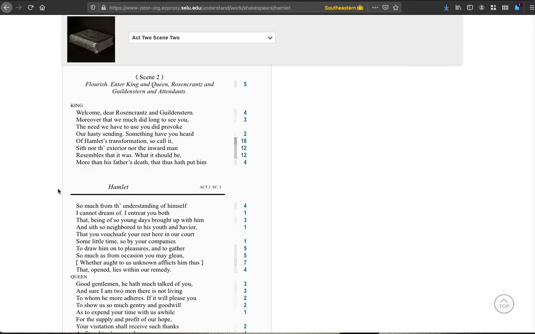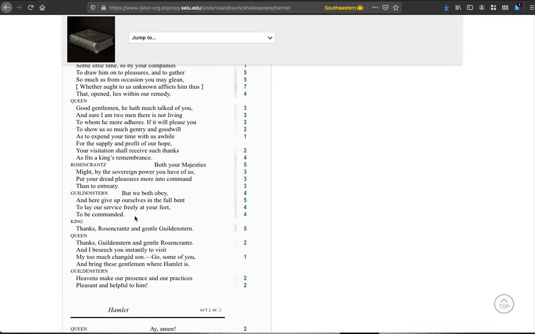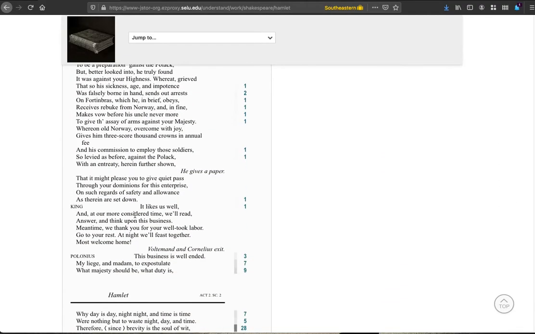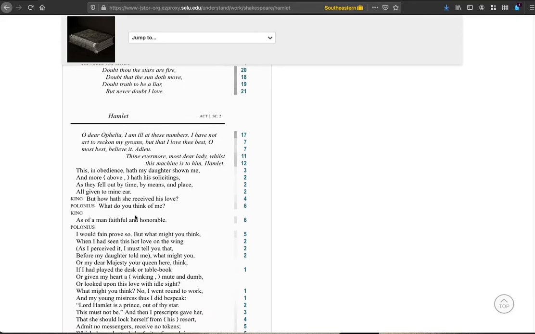And I will note that there are periodically going to be these bars across the middle. This is actually the header on the page in the Folger Shakespeare Library edition that is being placed here in facsimile. And these will tell you, if you're scrolling down very quickly, which act and which scene you're in, but don't be confused if you see the word Hamlet randomly in the middle of your page. So I'm going to scroll down because Act 2, Scene 2 is actually fairly long.